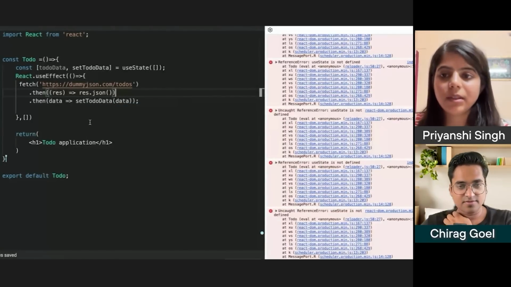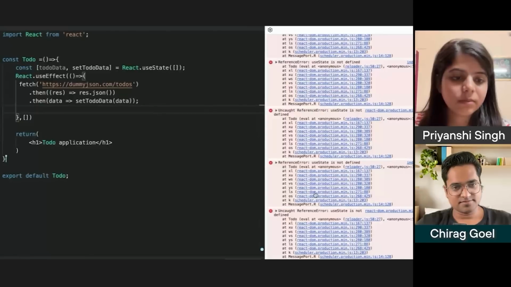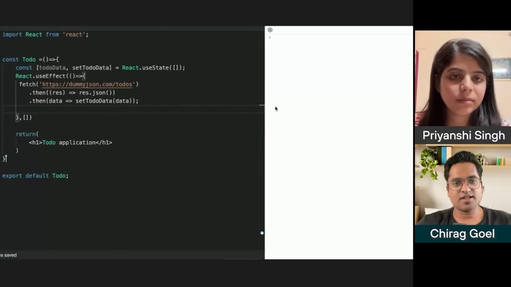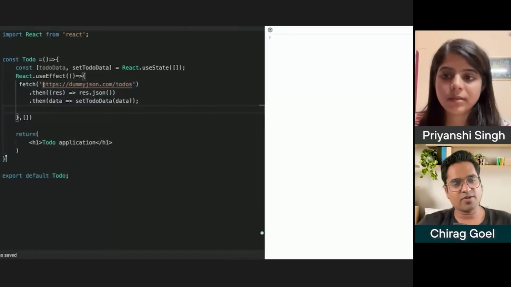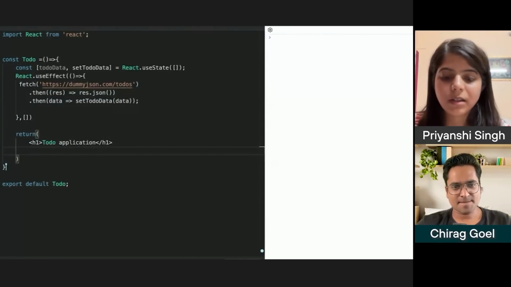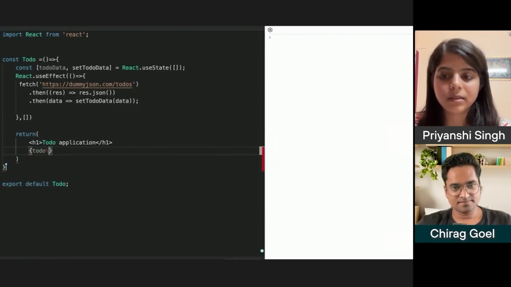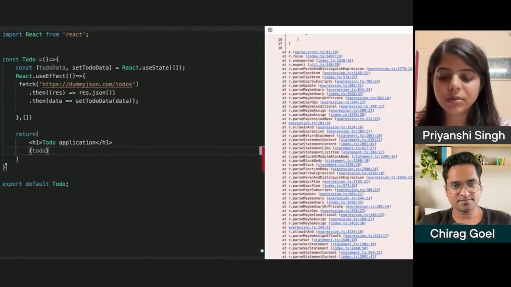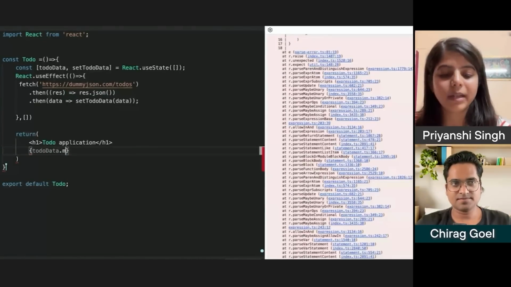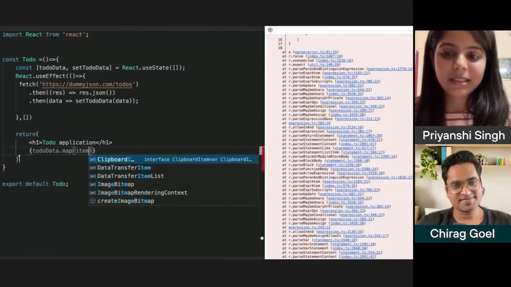Now useState is not defined, so we can use React here. React dot useState. Sounds good. Let's leverage this data in order to render your list. So here I will have a list where I will have this todo data, todo data dot map. So todo dot data, then we will have this item, and then